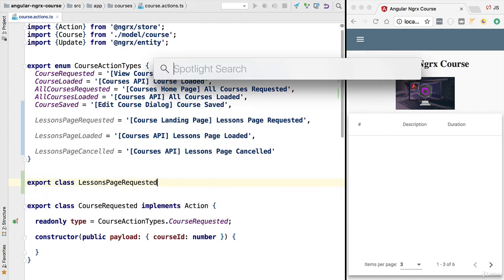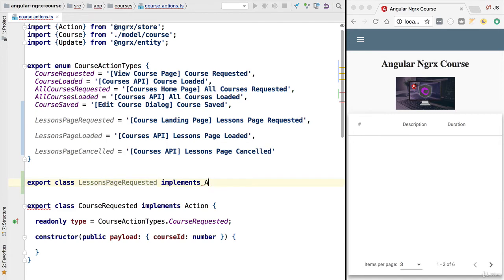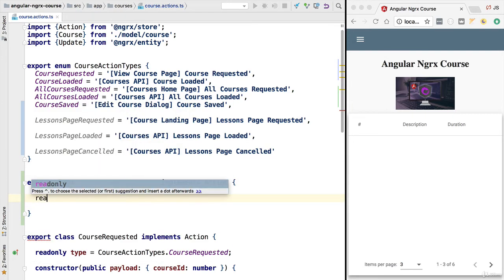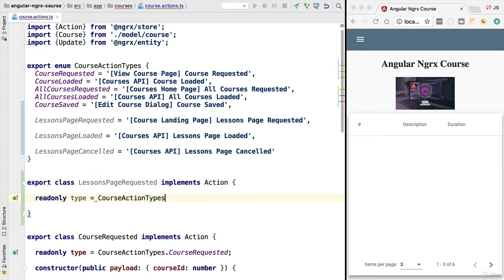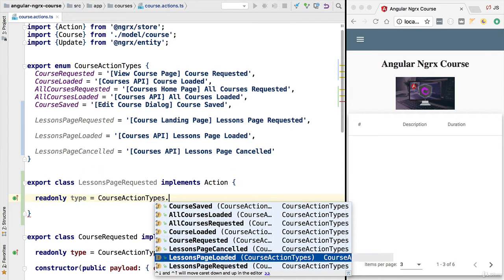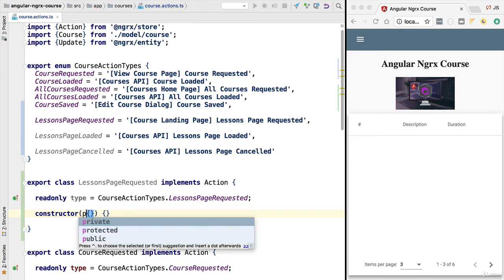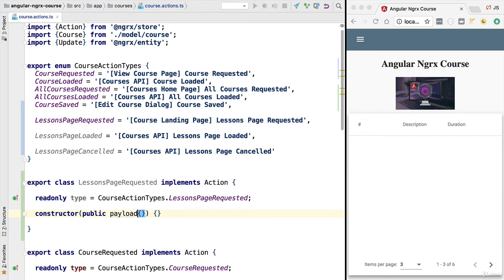As usual, this is going to be a class that is going to implement the action interface. We're going to add here the read-only type, and we are going to assign it to the course action types lessons page requested. Now let's design the payload for this action. Here in the constructor, this action is going to receive an object that we are going to be calling payload as usual, and the payload is going to include, to start, the identifier of the course